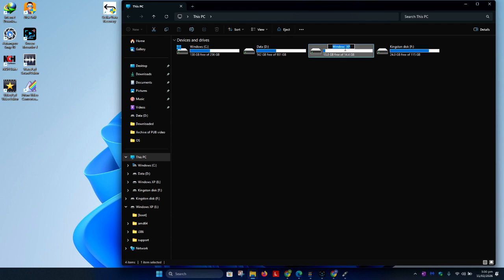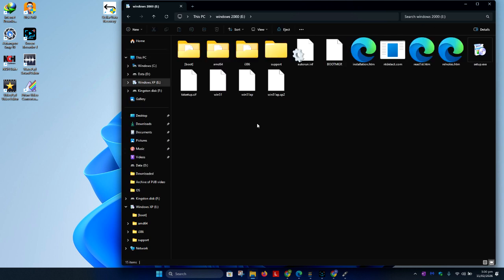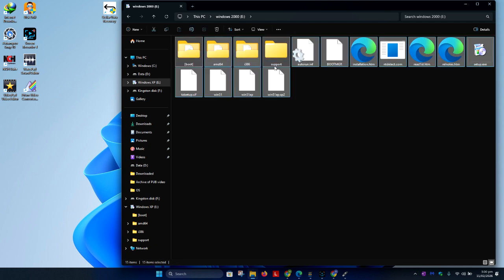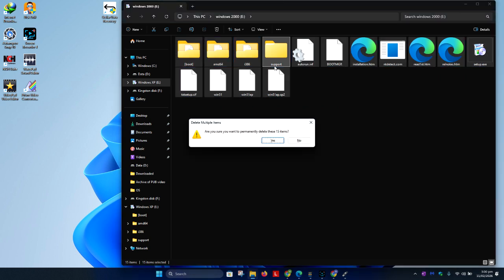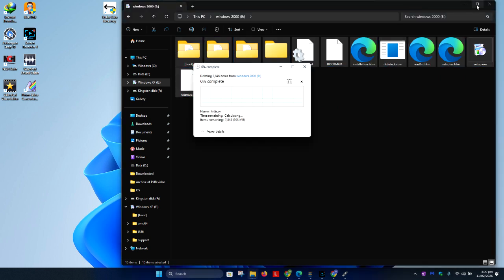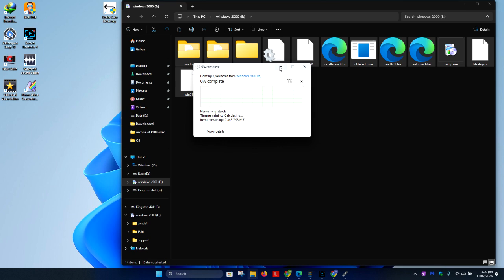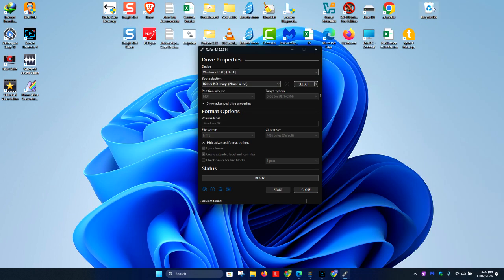For example, here, I'm going to rename it Windows 2000. I will click on it. Here, make sure that you have no files. So if you have any, move them to another file, to another storage device, or just delete them. Once done,